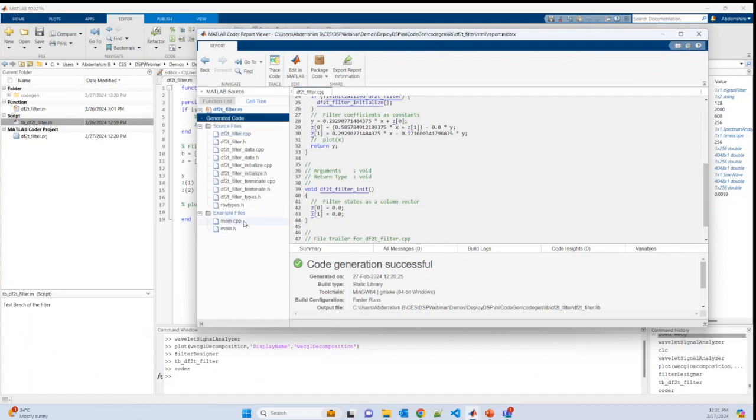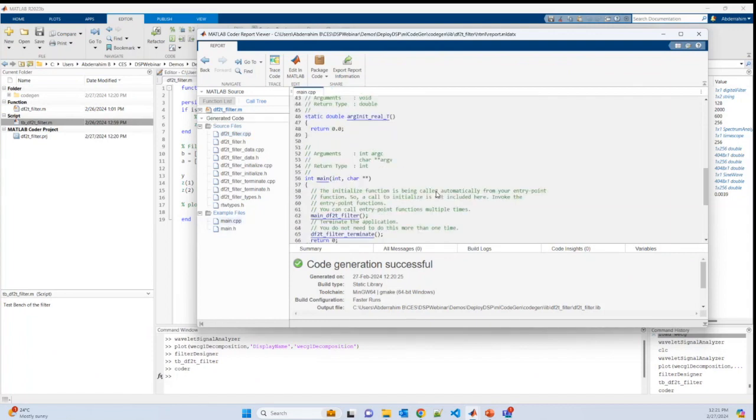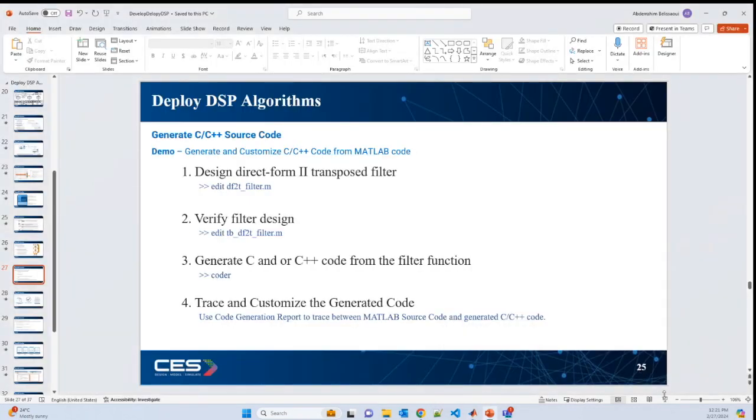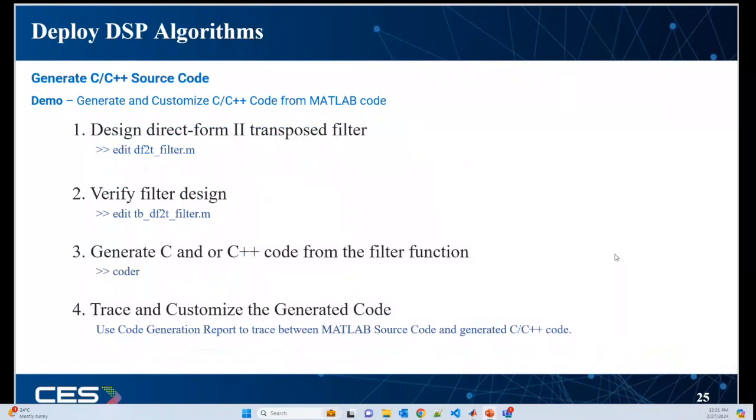Okay. And also there is a main function that you can use to run your generated code. If you are familiar with C++, we have this main all the time. We have a main where we are calling our header and a file, and then you can validate your generated code outside in any other IDE, such as VS Code or any other development environment, any editor. So this is how you can generate the code from MATLAB. It's very straightforward. Only if you are interested in customization, you need to go into the settings and change whatever